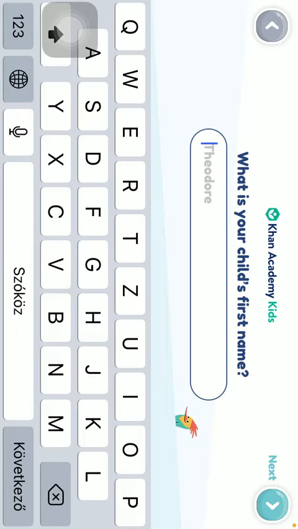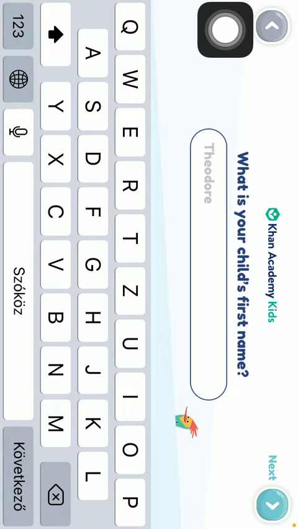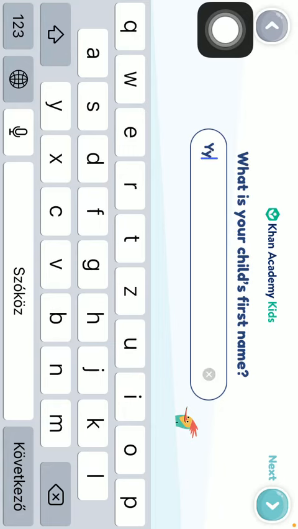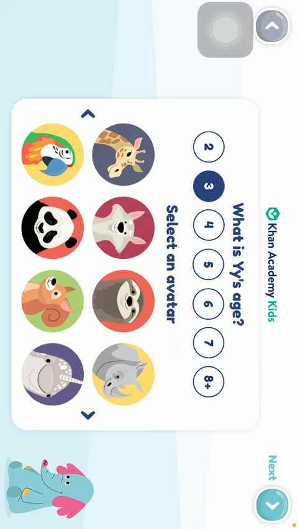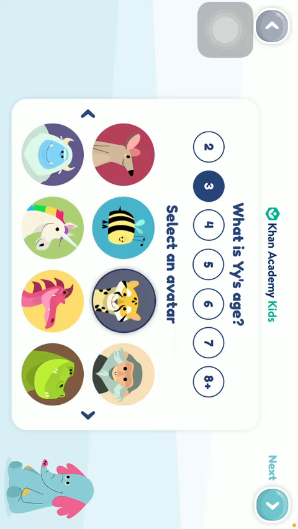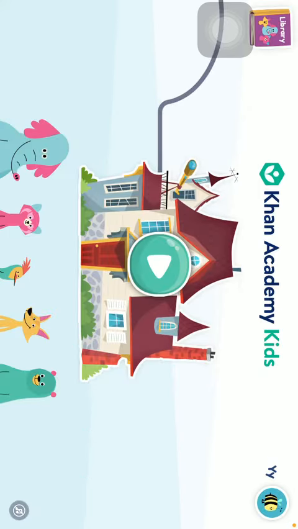So now you should type in the name of your child and then click on the next icon in the upper right corner of the screen. You should select the age of your child and select an avatar. You have a vast variety of options, as you can see. So click on the one that you prefer and click on the next icon in the upper right corner, thereby